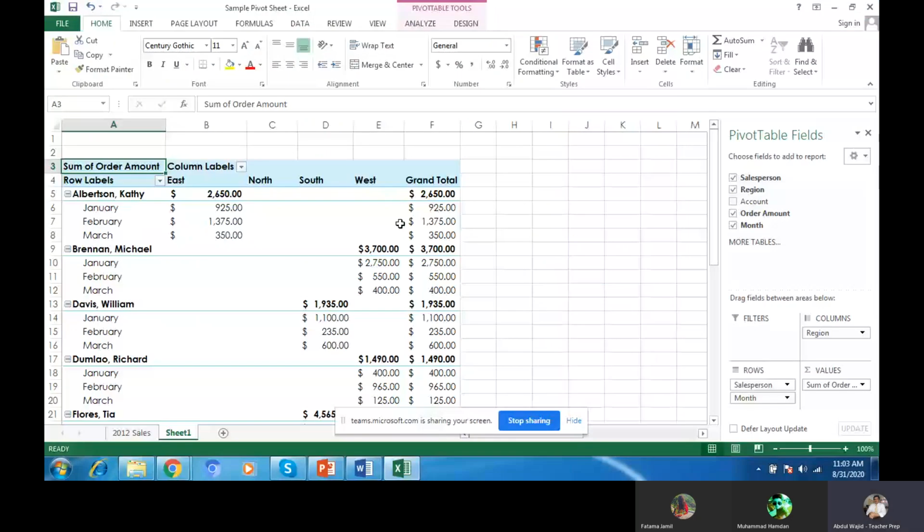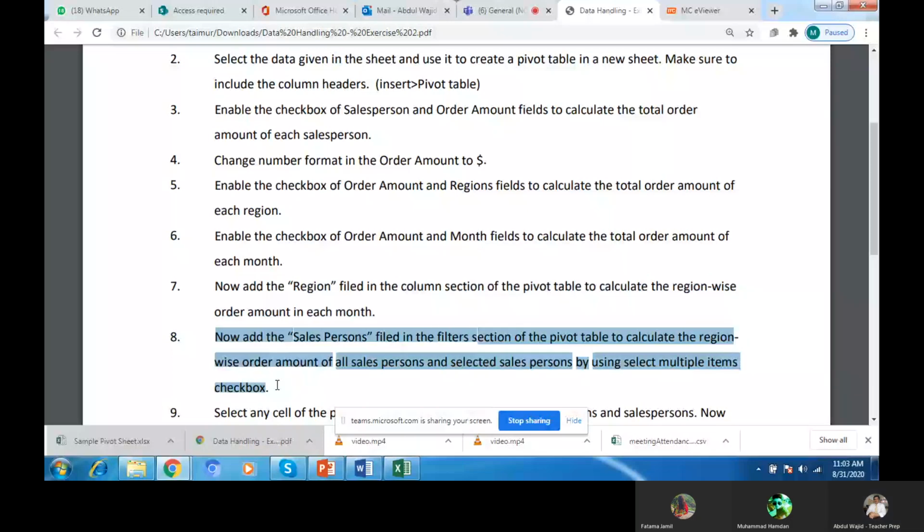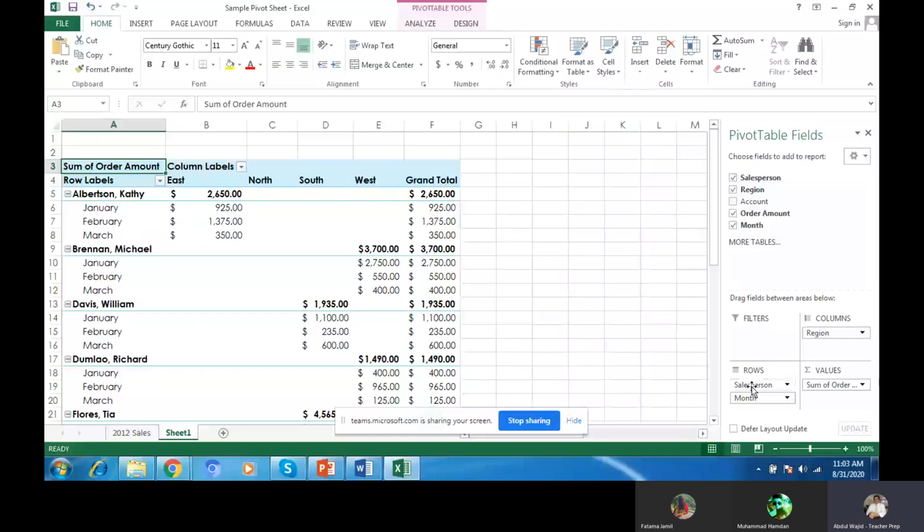Now we'll go for instruction number 8. Now add the salesperson field in the filter section. Okay, salesperson will go to the filter section. We will click here. This salesperson you will drag to the filter.